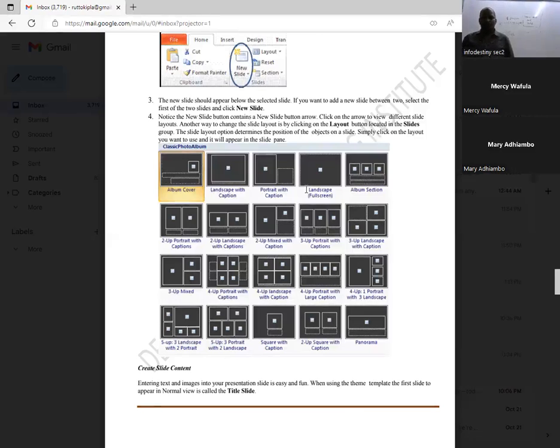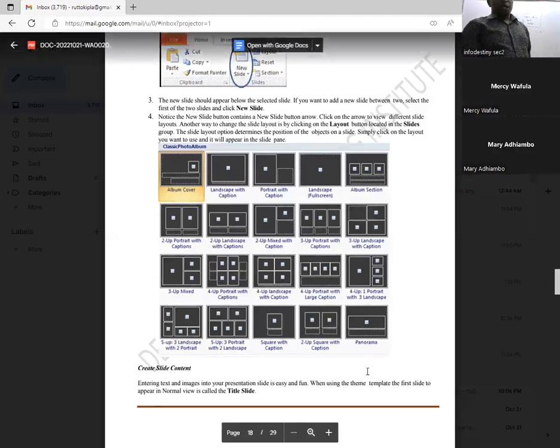With those, we have limited time. Tukimalizana mapema, hata kama ni kurudia zile topics which was not very clear, that one will be okay. So otherwise,